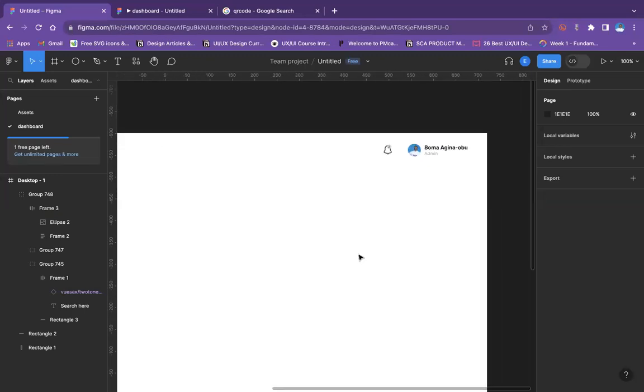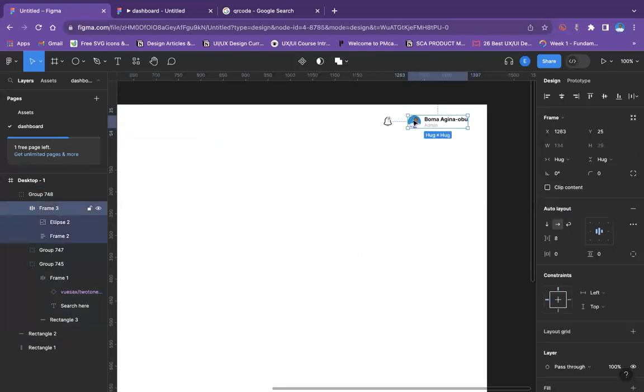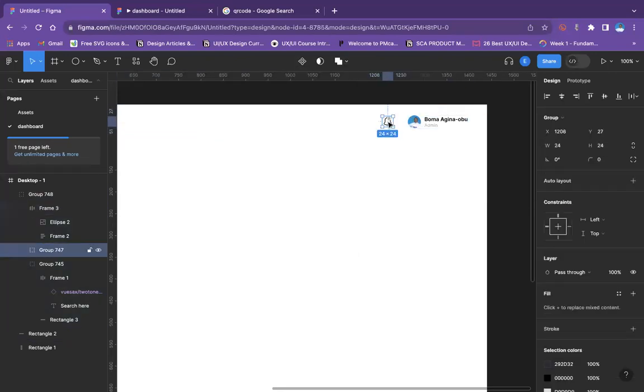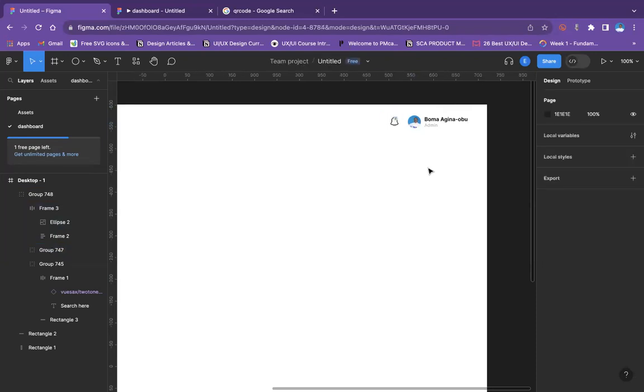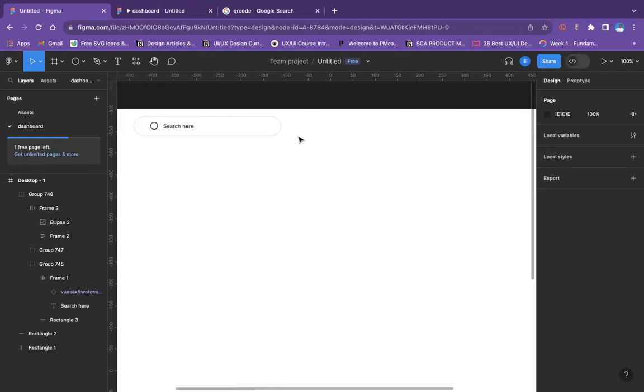Now, for me, this is what I want to display here. Remember that is depending on the message you're trying to pass. With the message you're trying to pass, you can display anything. So I've seen some dashboards where they have settings here, or they have a drop down where people can log out, and you can log out from that drop down. You can change accounts and all of that. But this is not what I want to display. This is just what I want to display. Remember that you always get to think about your target audience first, and what you need to give to them per time. So now that I have this,